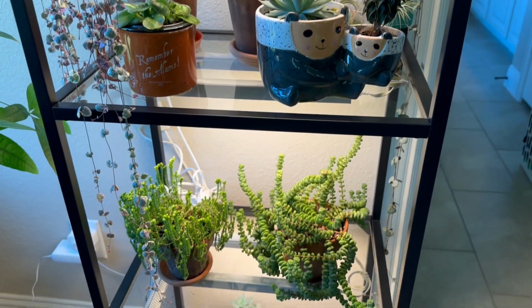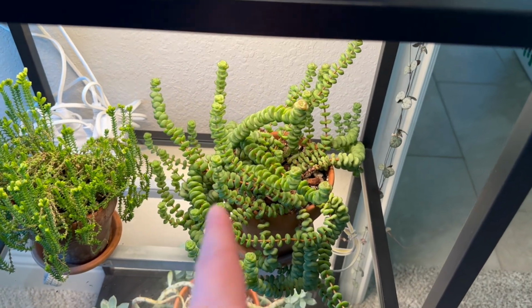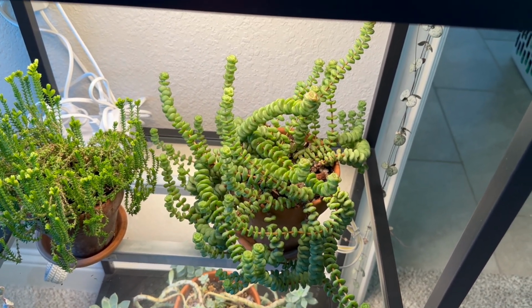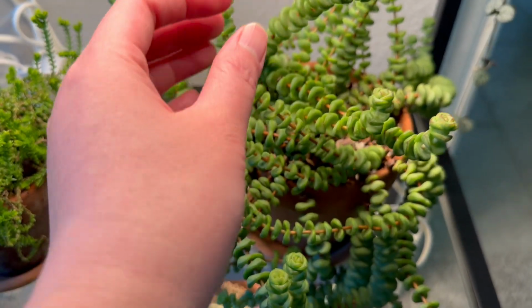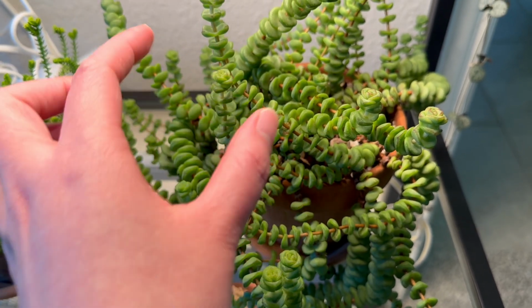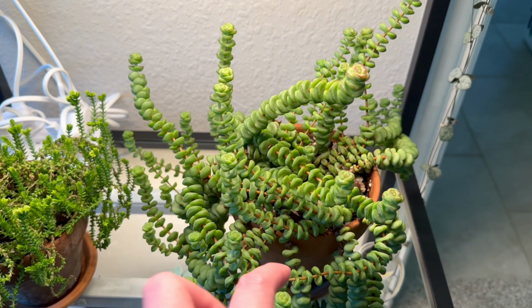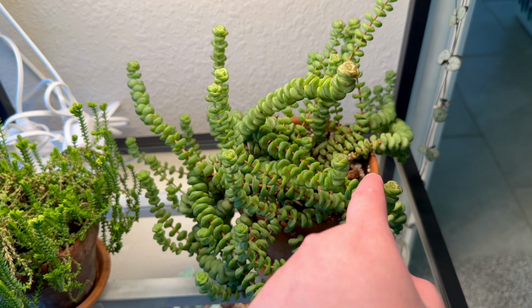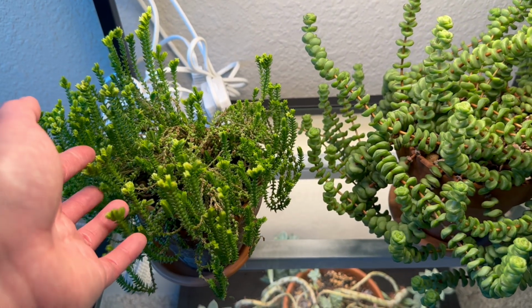So down in there is another succulent that I don't know the name of. I think this is some sort of, I don't know, but it's so pretty. You see its leaves. When I got it, it was just two strands, small like that, and then I just keep propagating it. I actually just cut one and plant it back in the pot, and it grows like crazy. And this one is another one that I also don't know the name of,